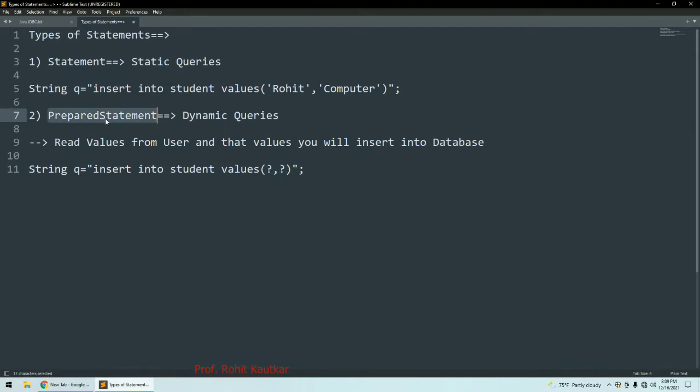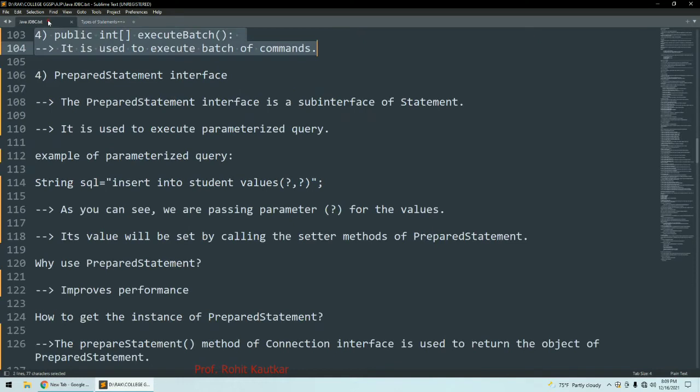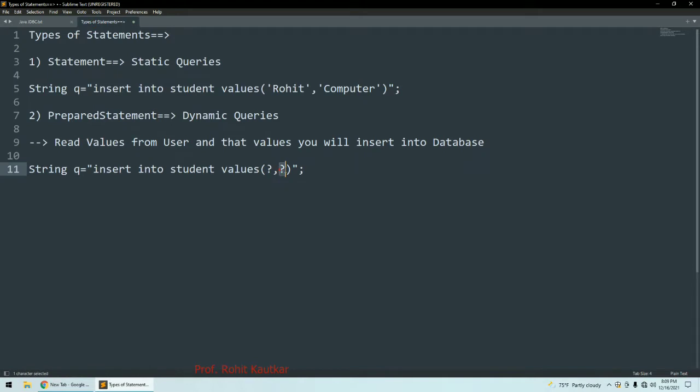So to execute this query, we have an interface called prepared statement interface. So this interface is a sub interface of your statement that we have just seen, and it is used for executing parameterized query. You can see here we are going to pass the values in form of parameter. So first value will be fname and second value will be computer.